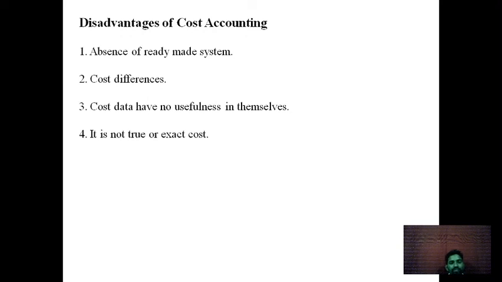Next, cost differences. Cost differences means there are so many techniques, rules and regulations, and different accountants use different methods. That's why they get different costs of the manufactured products. Next one is cost data have no usefulness in themselves. After analyzing or recording the cost data, if the management does not use it at the right time, then the cost data will not be useful. And the last one is it is not true or exact cost. So these are